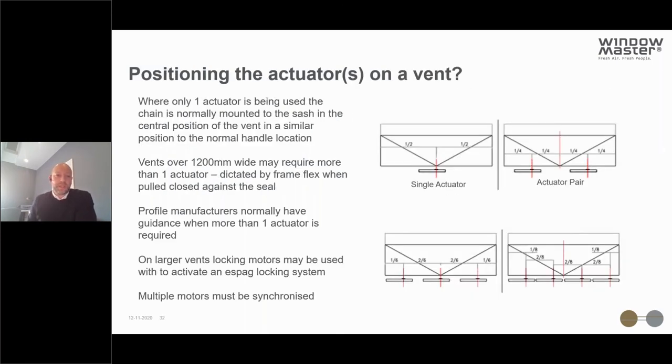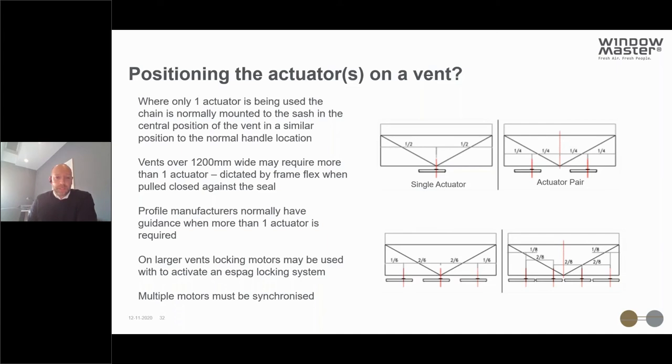In terms of positioning the actuators on a vent, when there's only one actuator being used, and on an aluminium profile, that's typically up to around 1200 wide. That's dictated by frame flex. So when we have a single pull point to close and seal the window, it's similar to a cockspur handle, and each of the different profile manufacturers will have some guidance that they would give you as to when you might need to go to more than one locking point, or multiple actuators or handles, or indeed on some of the bigger